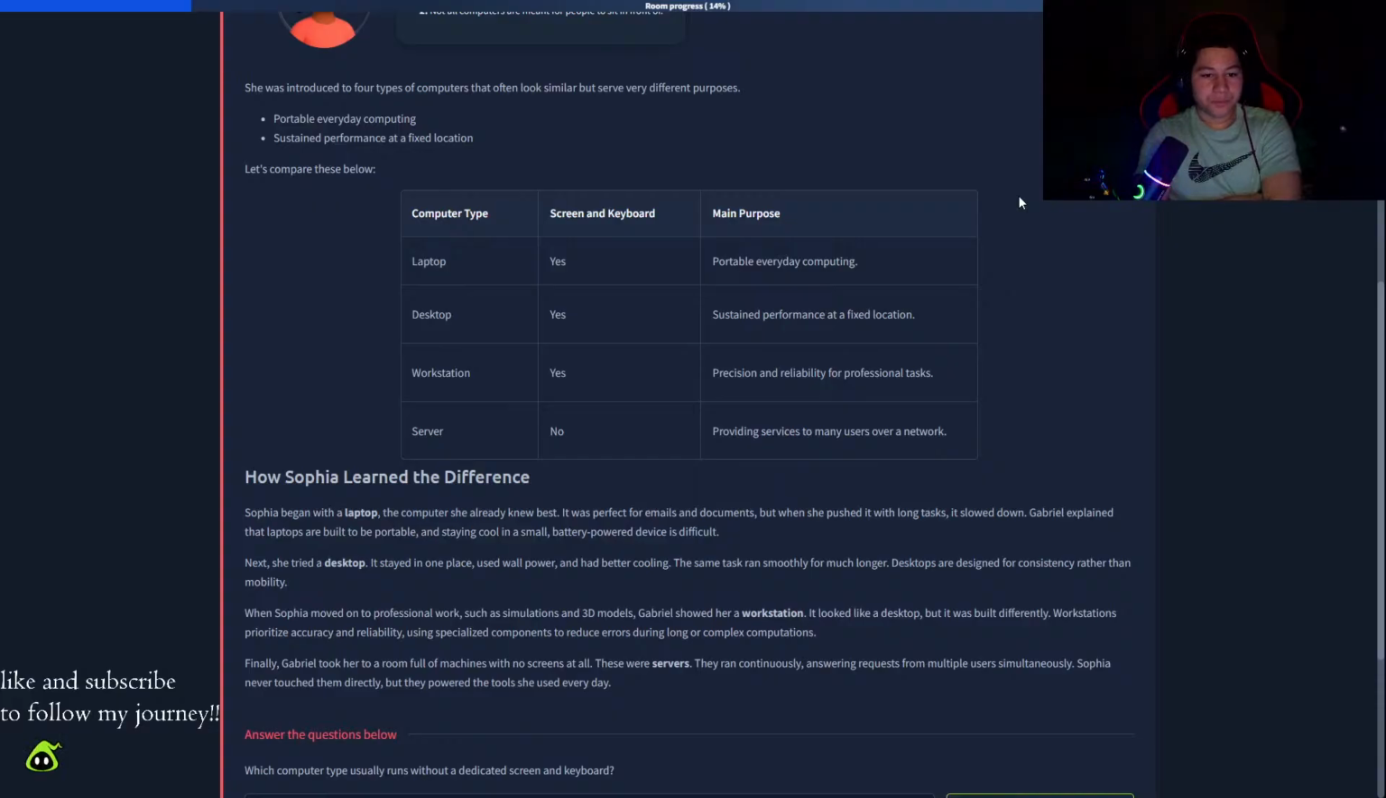Let's compare these below. Computer type: laptop, desktop, workstation, server. Screen and keyboard: yes, yes, yes, no. Main purpose: portable everyday computing, sustained performance at a fixed location, precision and reliability for professional tasks, and providing services to many users over a network. Okay. So,